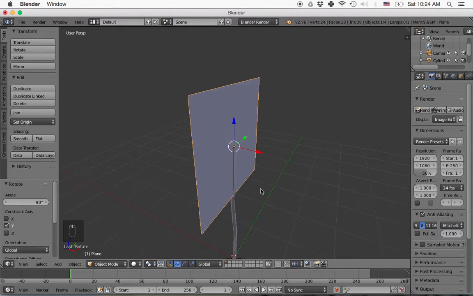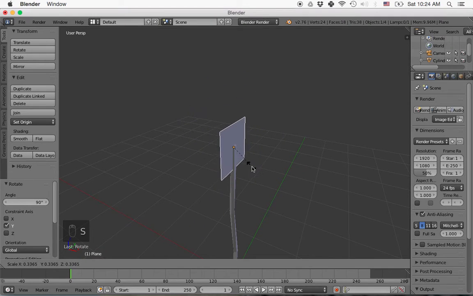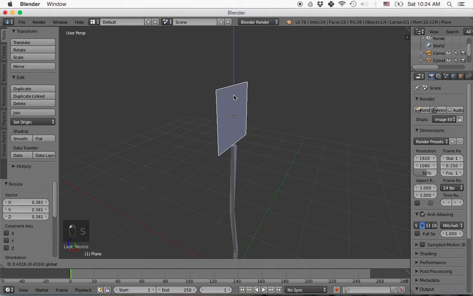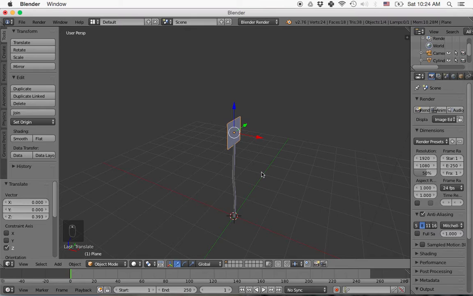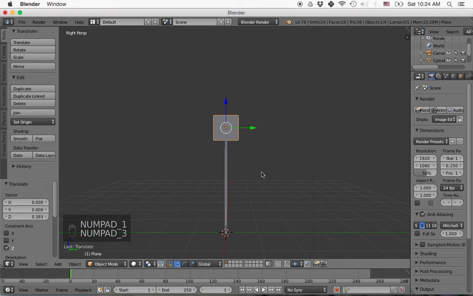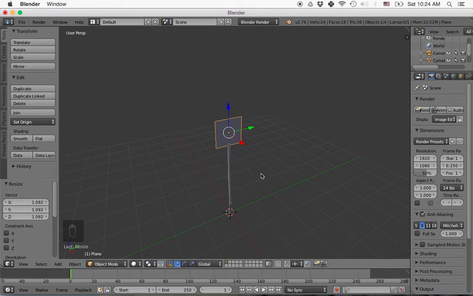And I'm going to scale this a little bit smaller since this is going to be about the size of the first petal here. So if I look at my front view or my side view here, that looks about right for the rose. I might go a little bit bigger, so S for scale, a little bit bigger here. Okay,